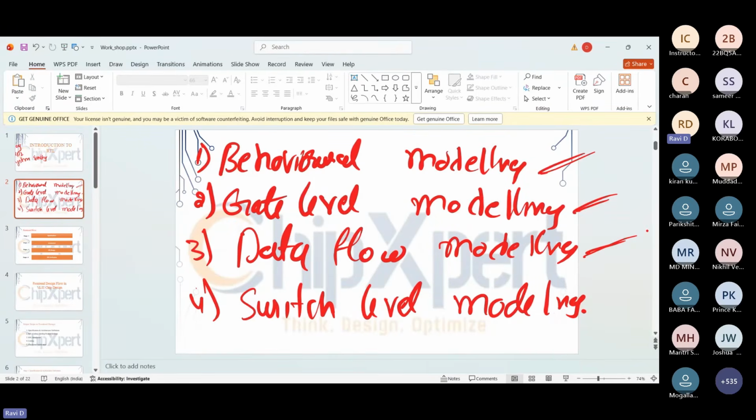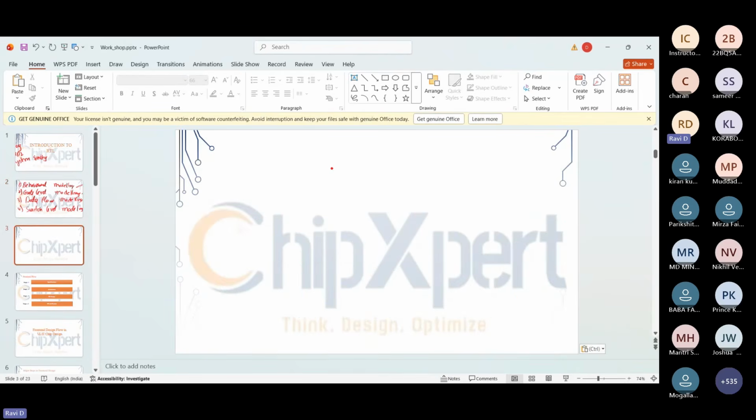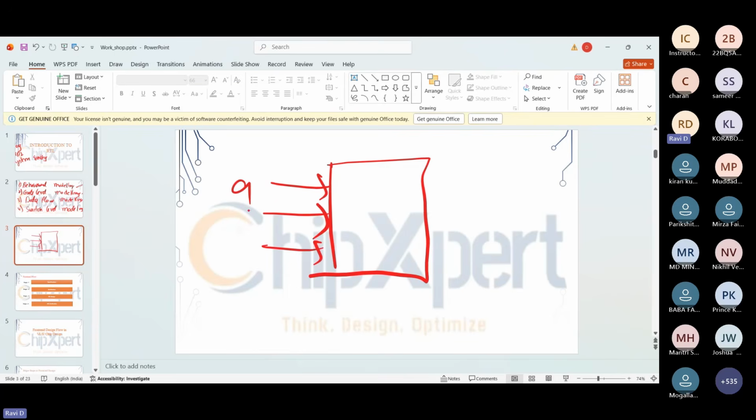So if you see the full adder, what is the full adder going to do? It is going to take 3 bits and add them, and generate sum and carry. The full adder contains 3 inputs A, B, C and 2 outputs, sum and carry. It adds these 3 inputs and generates the output sum and carry. This is the one, right?